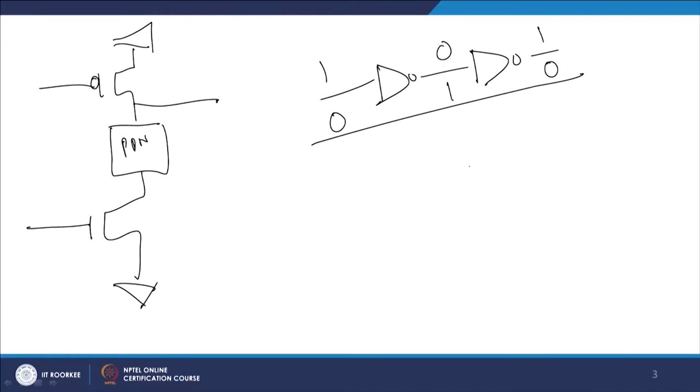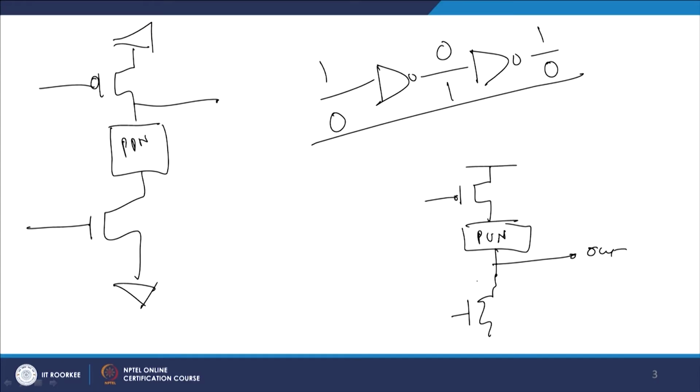Another concept is that I can simply make it something like this: I have a PMOS here, I also have a PU pull up network, and then I take output from here, and then I have got the evaluation transistor. Just check that this will also work for me exactly in the same manner as this is working. These 2 are exactly the same. So, this is basically using NMOS logic to build dynamic logic, and you can also use a pull up network to do it, but preferably we use the first one, which is using NMOS logic.